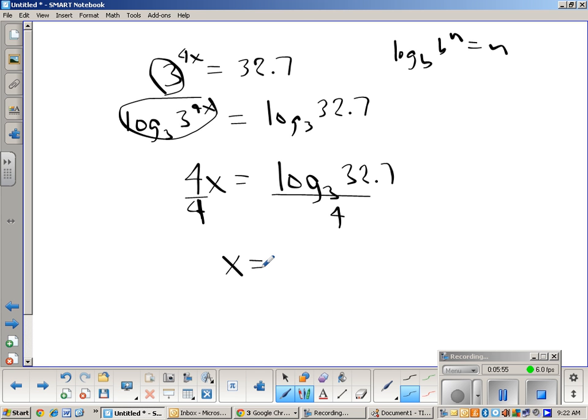Now, if your calculator doesn't do change of base, this gets kind of messy. Okay? You have to turn around then and say this is log 32.7 divided by 4 log of 3. Okay? And if we plug this into our calculator and put parentheses around that,